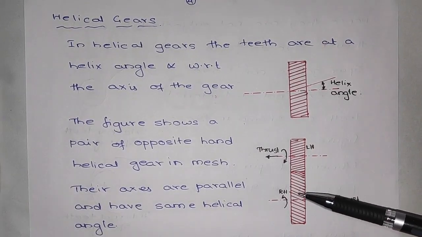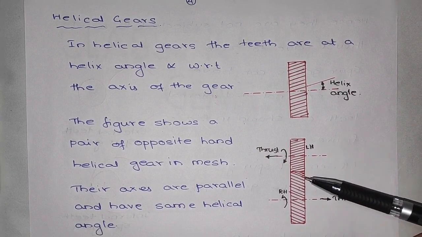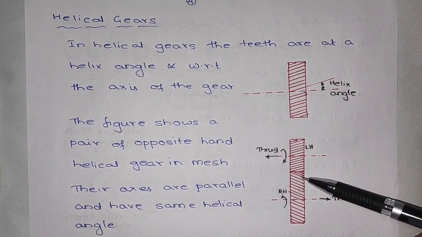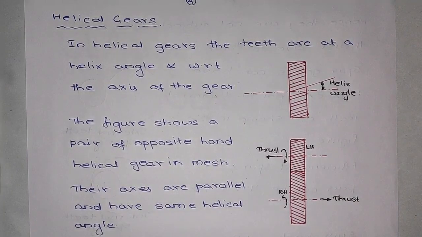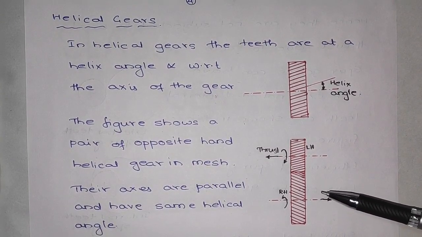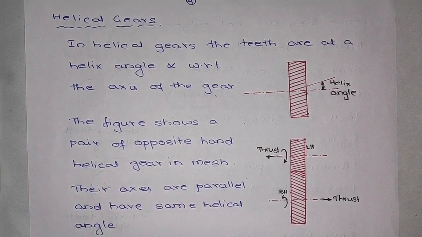As gears rotate, the contact extends along the diagonal line across the teeth. So from here, the contact goes on extending diagonally along the line of the teeth. Thus, the load application is gradual, which results in low impact stresses and reduction in noise compared to the spur gears, and this is why helical gears are widely used.